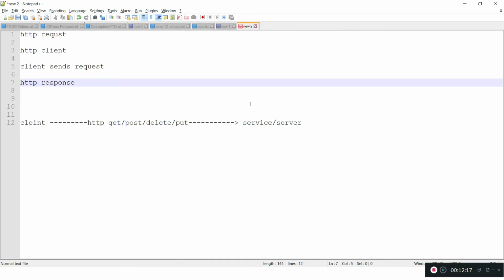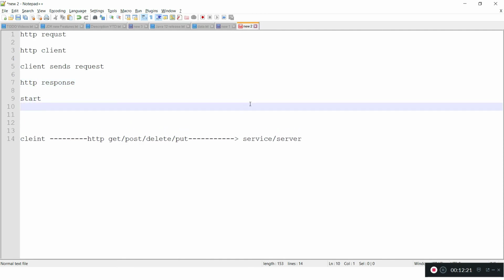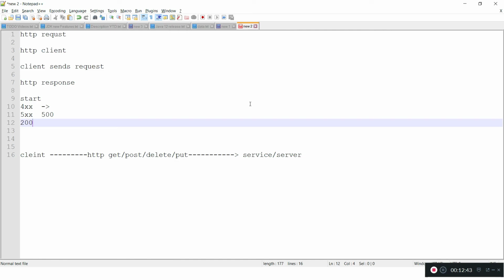From that response we will see what the status is. Status can be of multiple types, like 4xx, where xx means, let's say 400 means that the URI is wrong, and if you get 5xx, like 500 or 501, whatever, it is an internal server error. So the server has encountered some problem while processing your request. If you get 200, it might be 201, whatever, like 2xx we refer to.